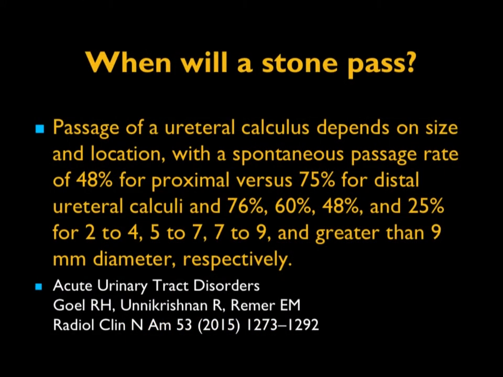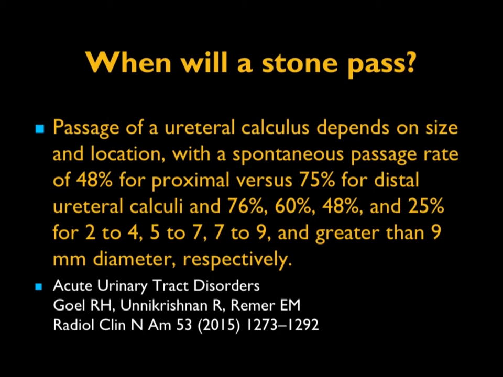There are articles looking at when stones will pass, and they talk about some different numbers. Spontaneous passage rate of 48% for proximal versus 75% for distal calculi. And when you look at the numbers, the smaller the stone, the more likely it is to pass. Okay, and when stones get to be 9 millimeters or even probably 7 millimeters or more, the likelihood of them